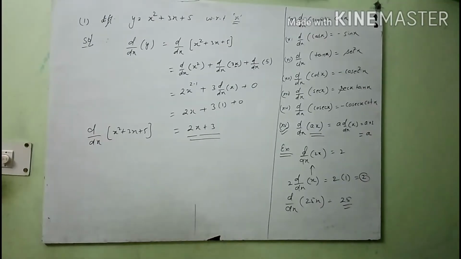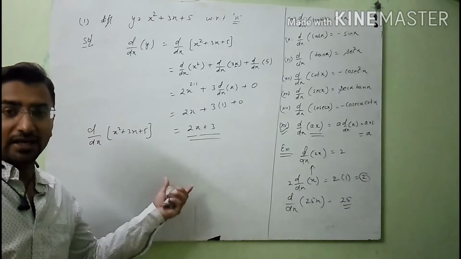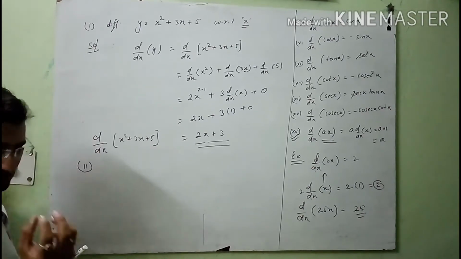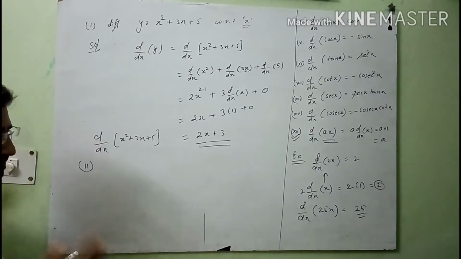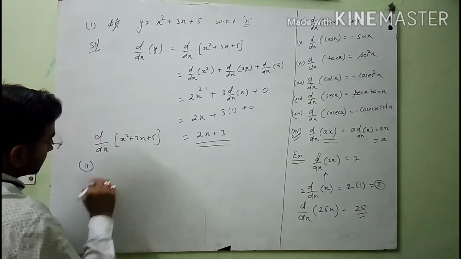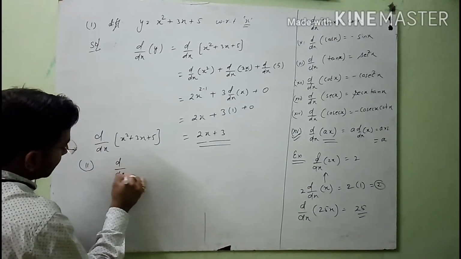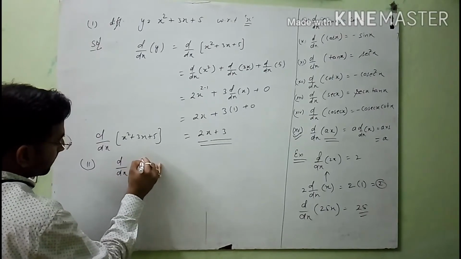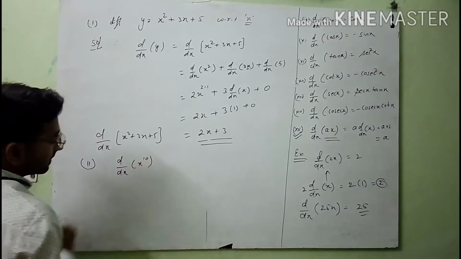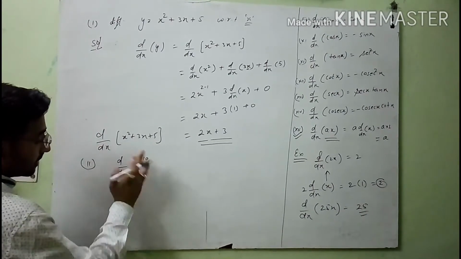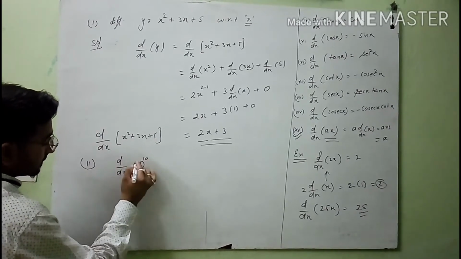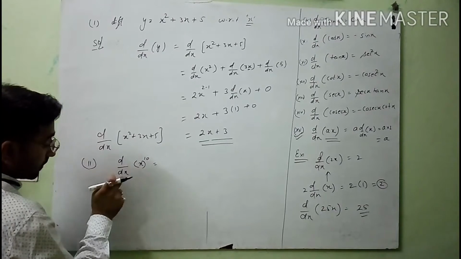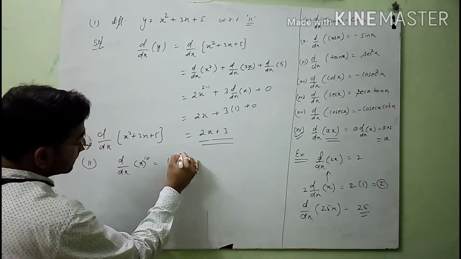This is the differentiation way to solve any type of equation. Now see here, in the second question I am taking a first small type of question, after that I will take a different question. So see here, if I want to differentiate x raised to the power 10, then what I will do here is use the differentiation of x raised to the power n, so x raised to the power 10 with respect to x is 10x^9.